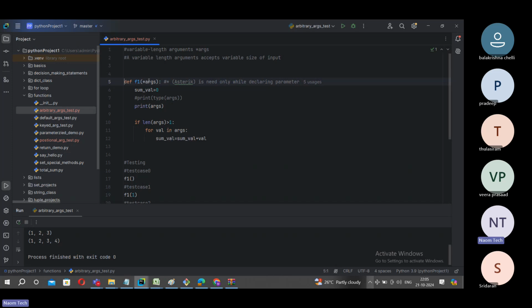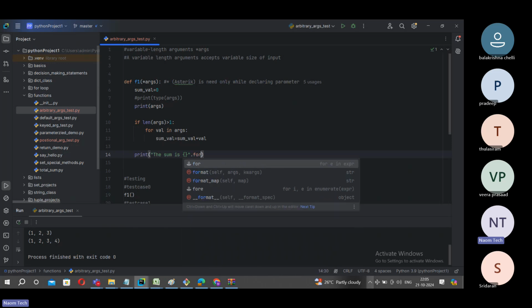What is that? If the length of this args is empty, or if it has just one element, then we should not carry out any iteration or any functionality here, right? We should not implement any logic. Once this is done, we have to print the result. Print the sum is, or the total is, you can say something, friends. Sum is this one, and then